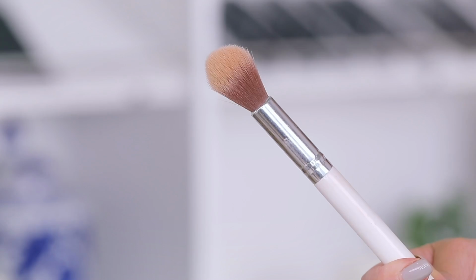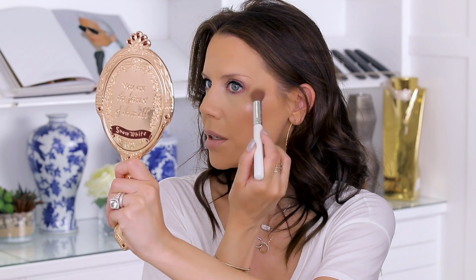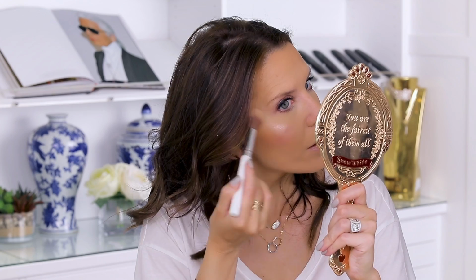So this is her highlighting brush. It's the Pure Blurring Powder Brush. Ooh, oh! That's nice. I was not expecting that because the blush was really not that pigmented. Ooh, I really like that. That is super pretty. Wow. So nice. I could really keep going, but this is where the journey stops because there's really not anything else